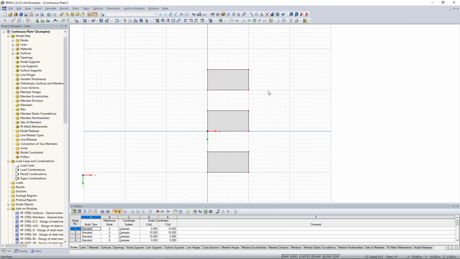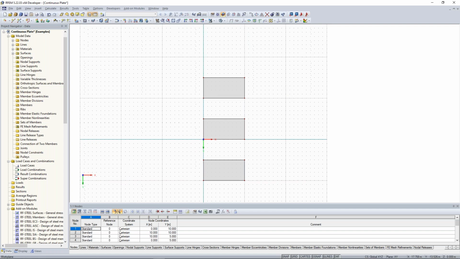Good. To have a good comparison to the results of our plates, I want to create also a beam, so a continuous beam. So in this case, I have to create a new single member, to create beams, downstand beams or girders, something like that. In RFEM it is always this new single member. So just click on that